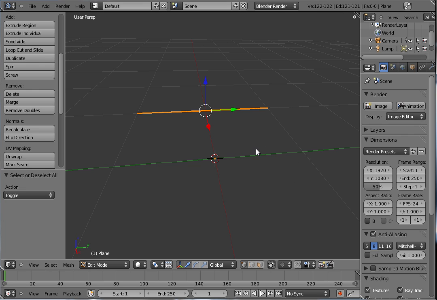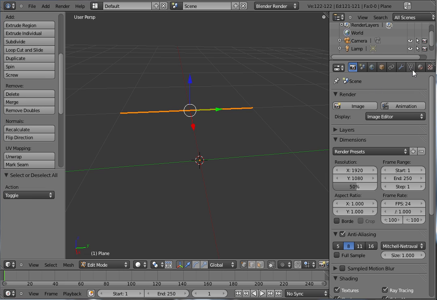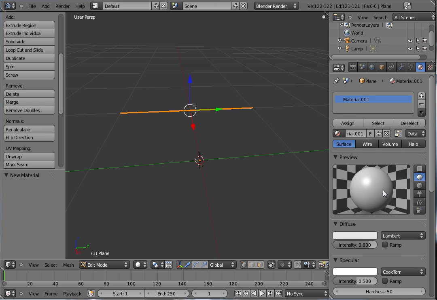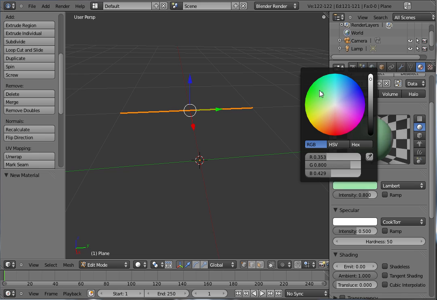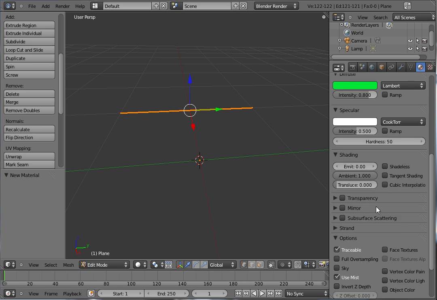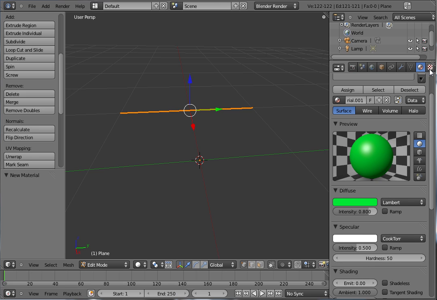So using that, now we're going to add some color and hopefully some glow. So we're going to go over here to our materials tab, and we're going to create a new material. For now we're going to make it whatever color we want. Let's make a green laser, and that should be, yeah, okay, so let's leave it at that,